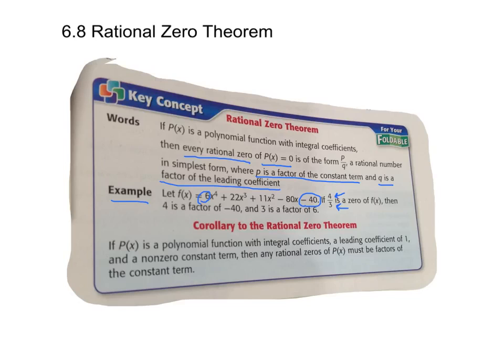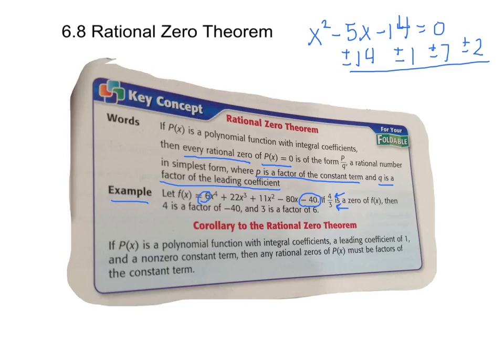If you had x squared minus 5x minus 14, and you were setting that equal to 0 and you were looking for the zeros. Now certainly you could factor this, but what the rational zero theorem is saying is if you take the factors of the constant, which are 14 and 1, and if we take plus or minus 1, also plus or minus 7, plus or minus 2, and you put them over, in fractional form, the factors of the leading coefficient, which in this case are just 1,